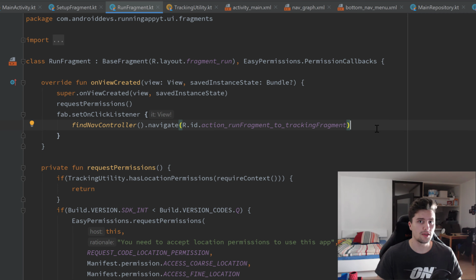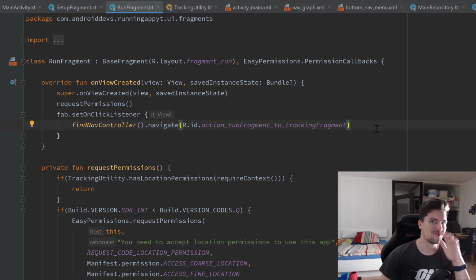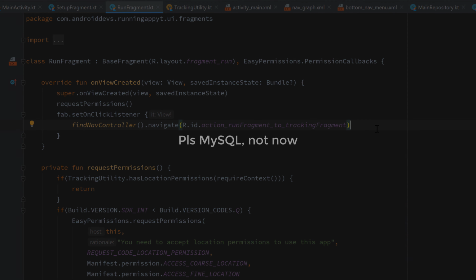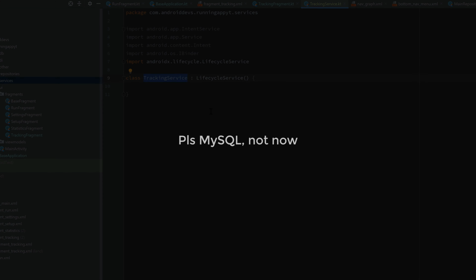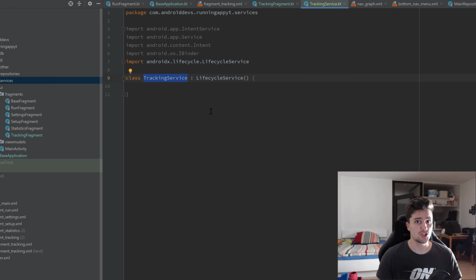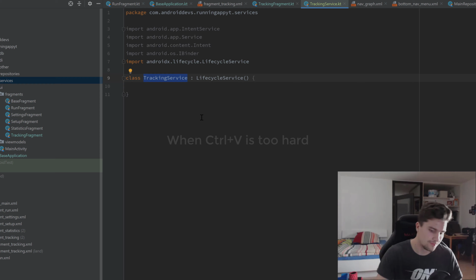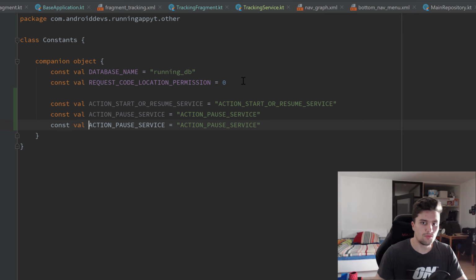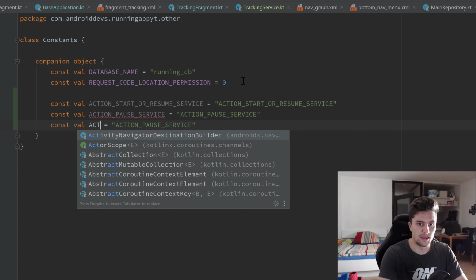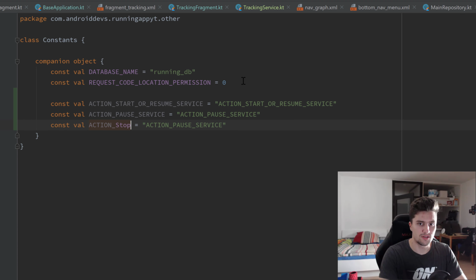But before we start with this, I actually want to set up our logging library Tinder. We won't be logging with Tinder here, I mean Timber, of course. So inside of this tracking service class, we will just have a companion object that will have several live data. And we will have an action stop service